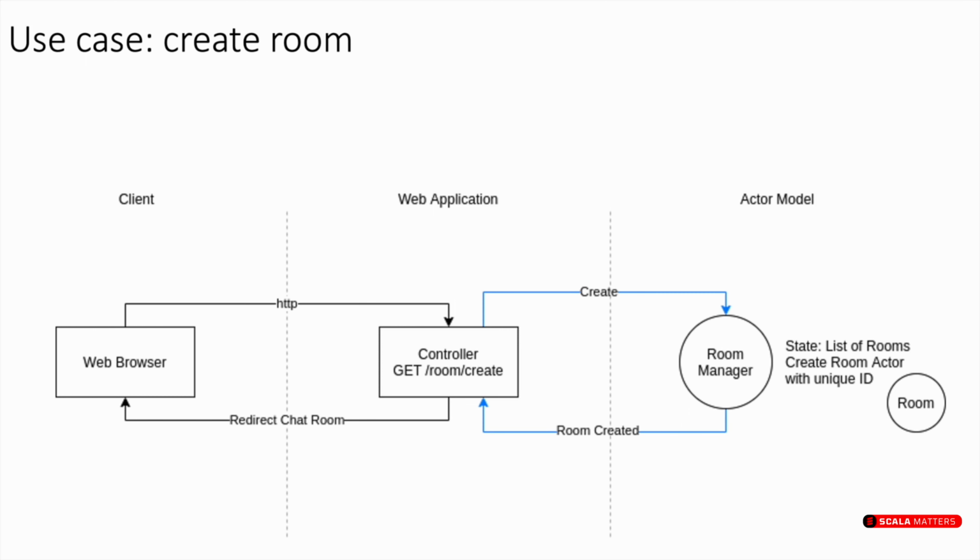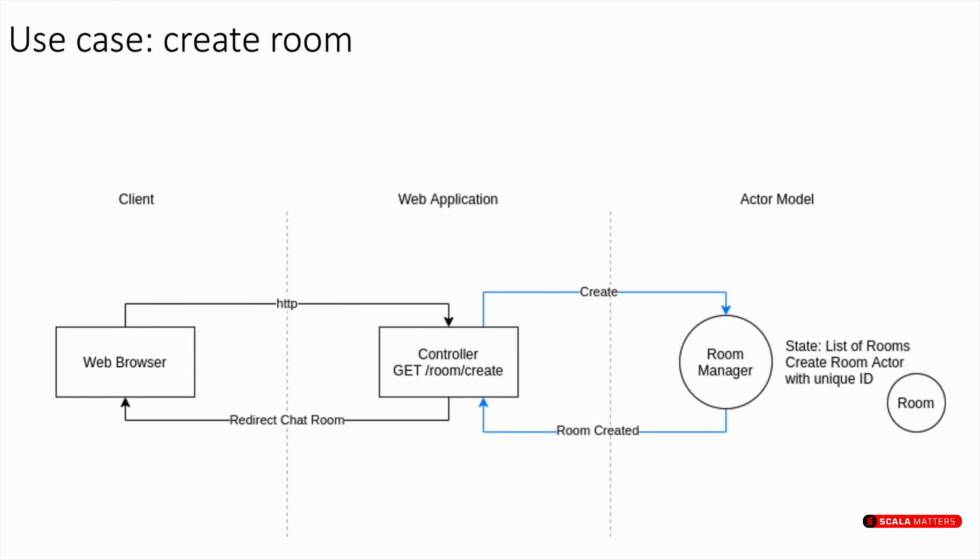First use case, create room. We have basically three parts of the application: the client, the backend itself, written in the Blade framework, and the actor model. The client uses their web browser to communicate to the web application. Basically, it goes to the controller using the HTTP protocol to the room create endpoint. The web application sends a create message to the room manager,